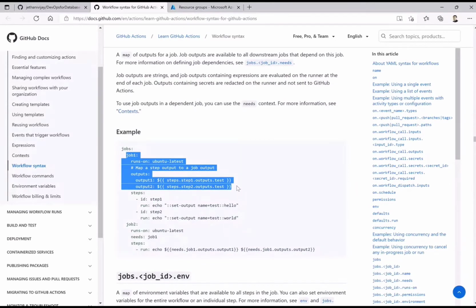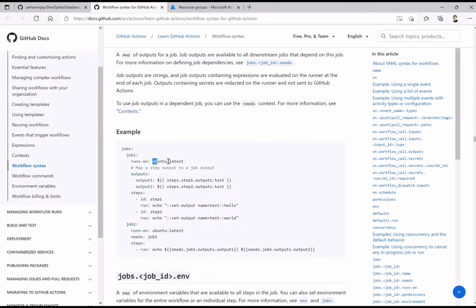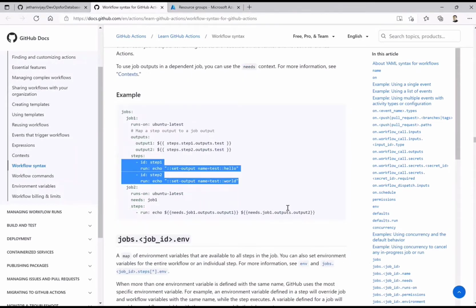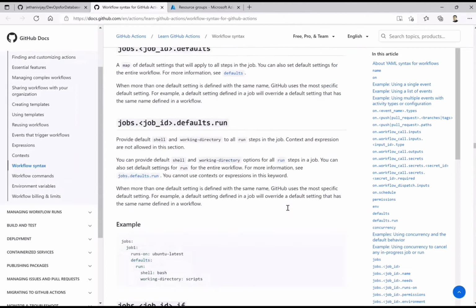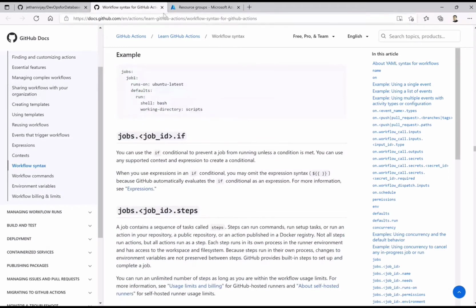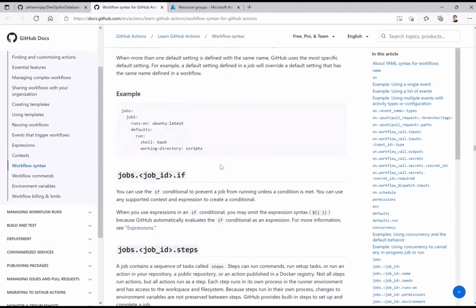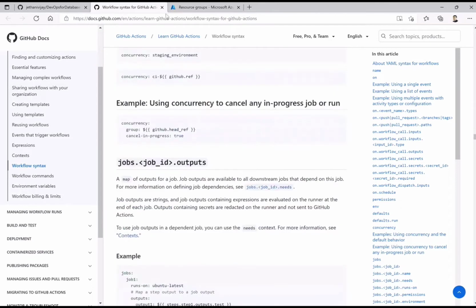It runs on specific machines, obviously. So that is where Ubuntu or Windows or whatever that machine may be, and we will run some kind of steps. It can be command line, it can be our already built public actions. So that is what we are going to do in that particular workflow. Okay, so that is a brief of how you get started with workflows on GitHub Actions.